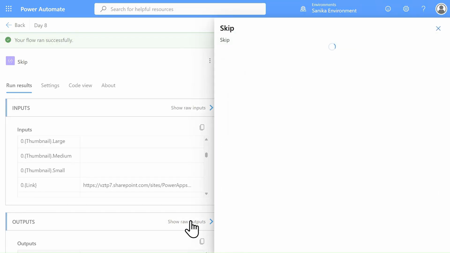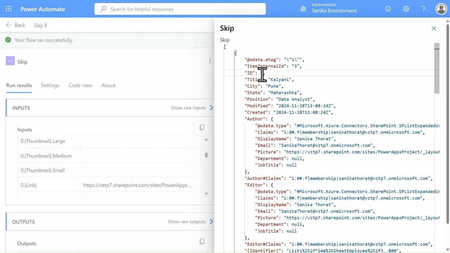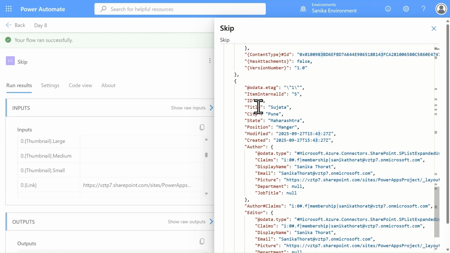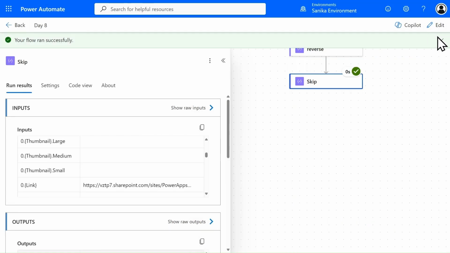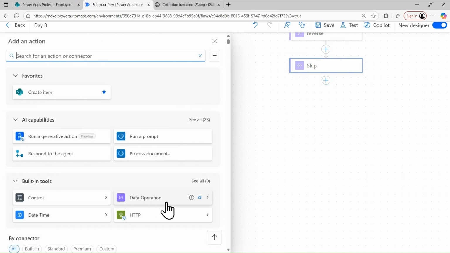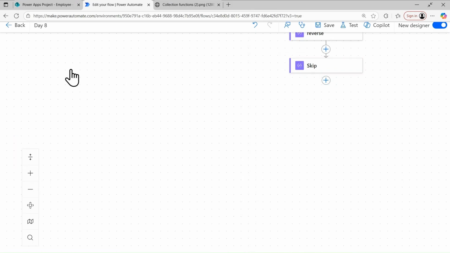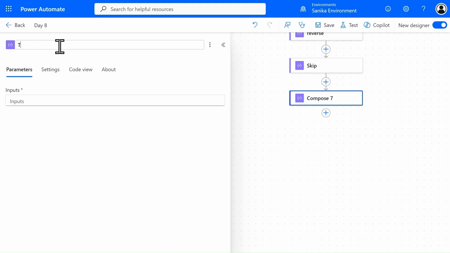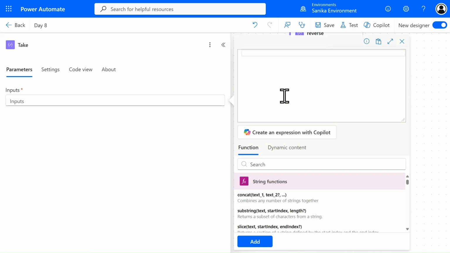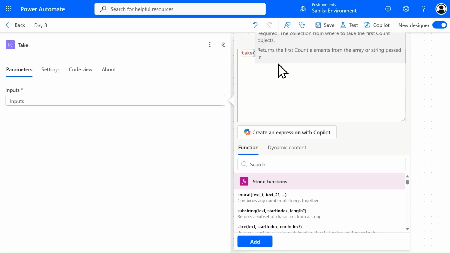So friends, if you see the output here, the first two records are skipped, we have the third, the fourth, and the last record. So let's go to our next function. We go and take the take function here. Let's go to data operation, compose, and take. You can understand that by using the take function, it takes as many items as you want, like the first function in Power Apps, so it works the same. So take, let's pass the array here,